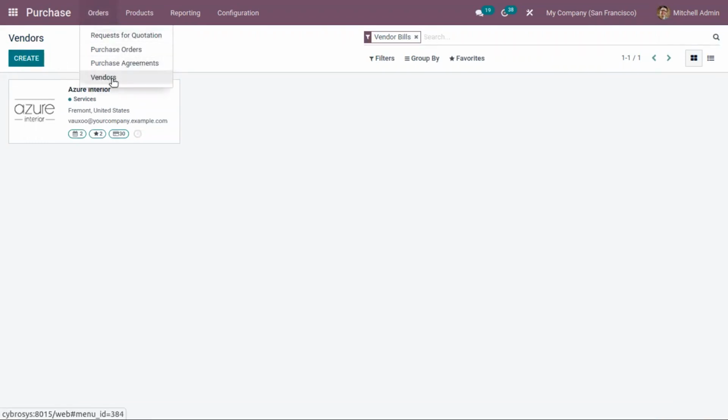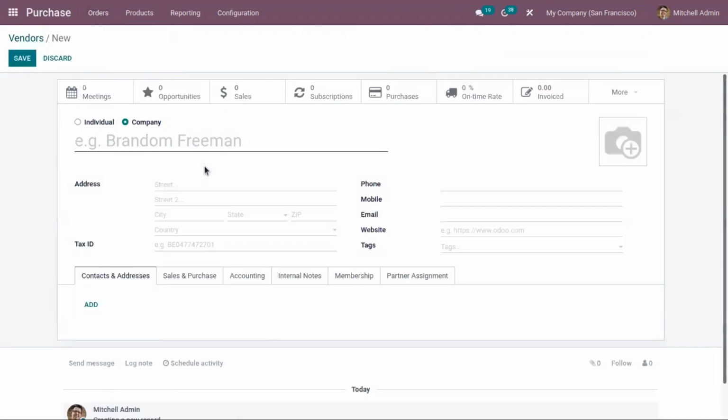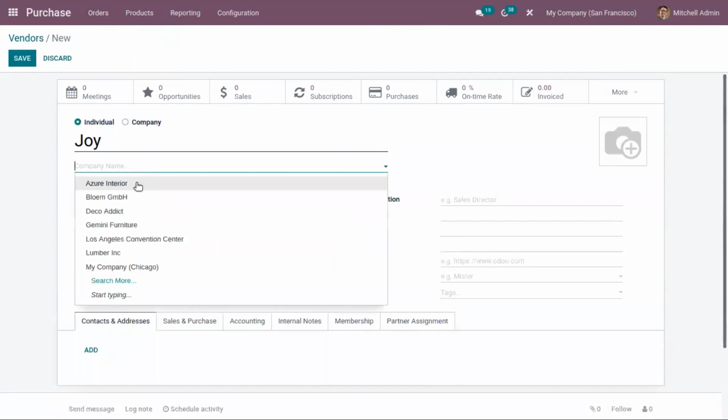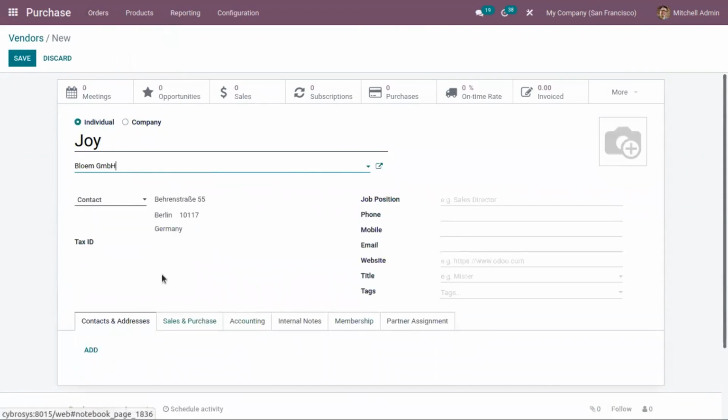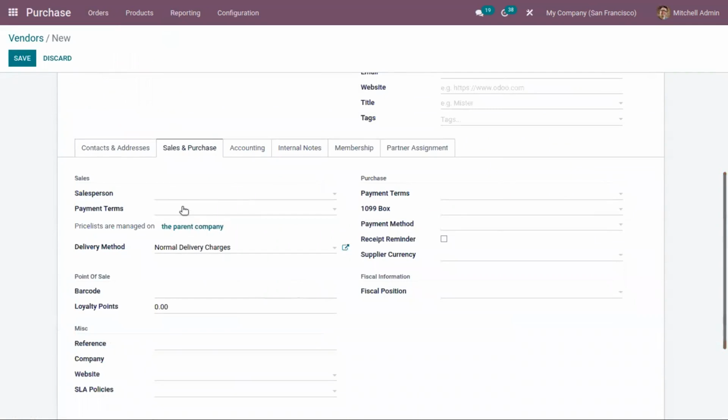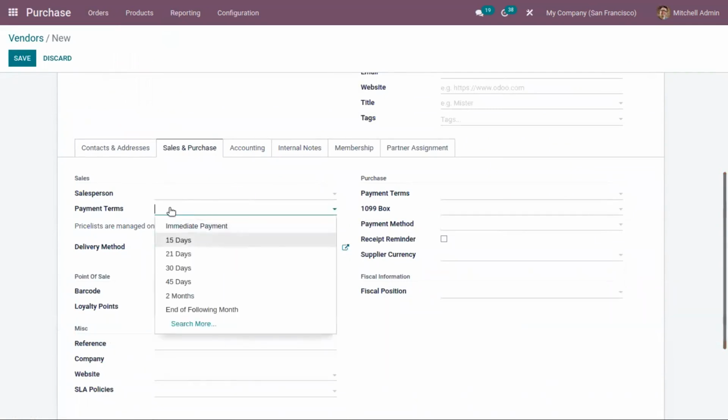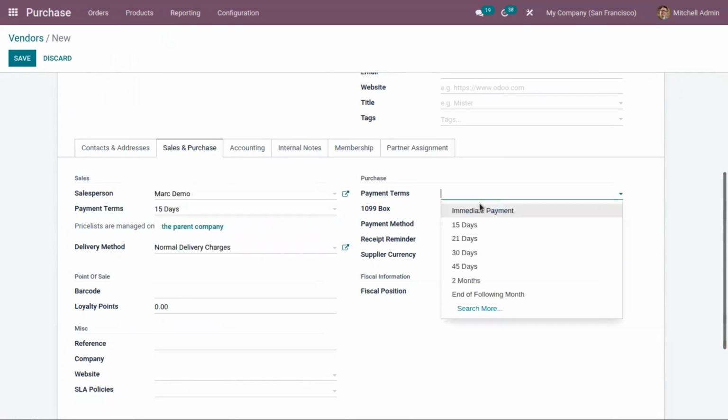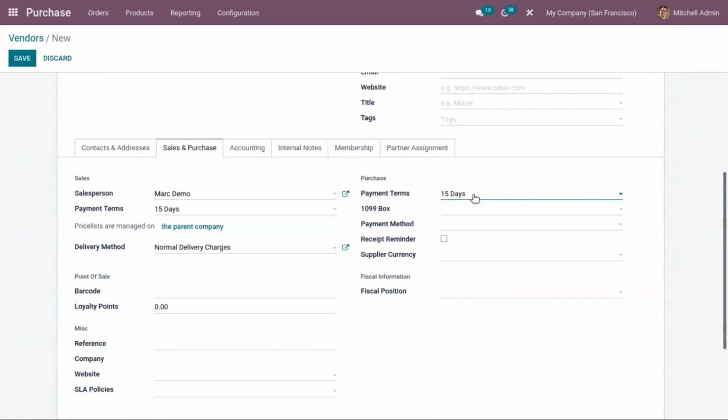So depending upon the default details set on the vendor form, you can see them applied. So here I'm adding purchase payment term as 15 days.